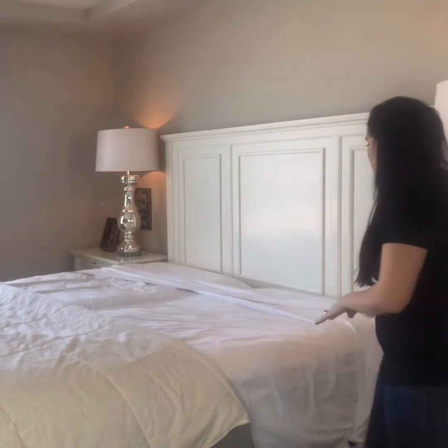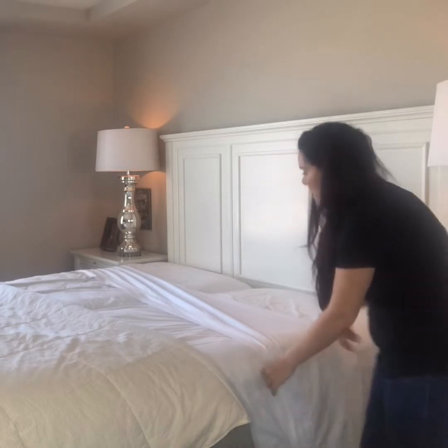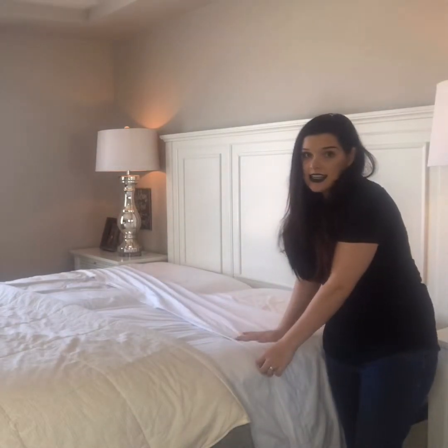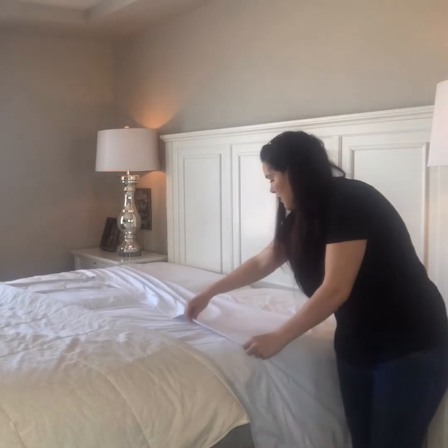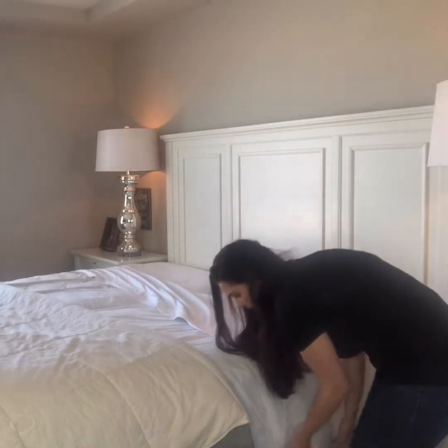Now the flat sheet, I have the nice pretty side facing toward the mattress, so you see the ugly side. So if you have a pattern sheet, you would see the back of the pattern here. That way when I flip over the top of my flat sheet, I am seeing the nice side here. And for this, I have it about anywhere from 12 to 14 inches when I fold it over. And then I tuck that